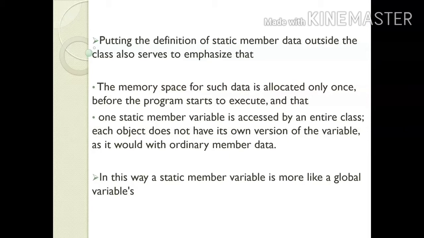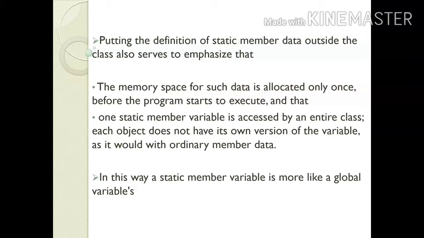Putting the definition of static member data outside the class also serves to emphasize that the memory space for such data is allocated only once before the program starts to execute, and that one static member variable is accessed by an entire class.